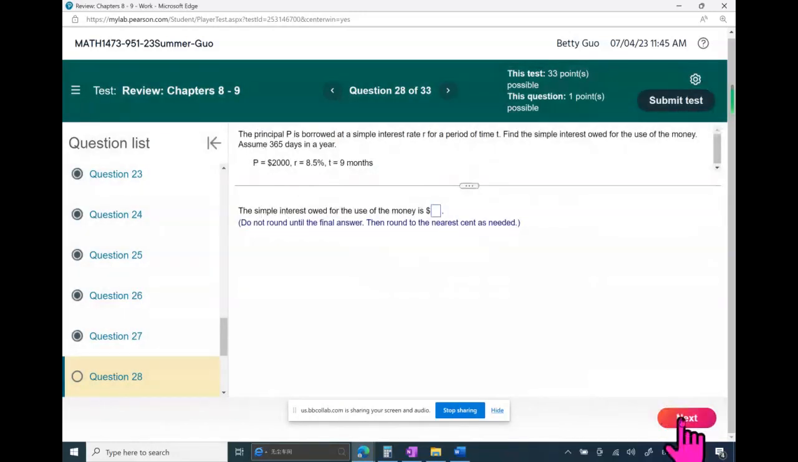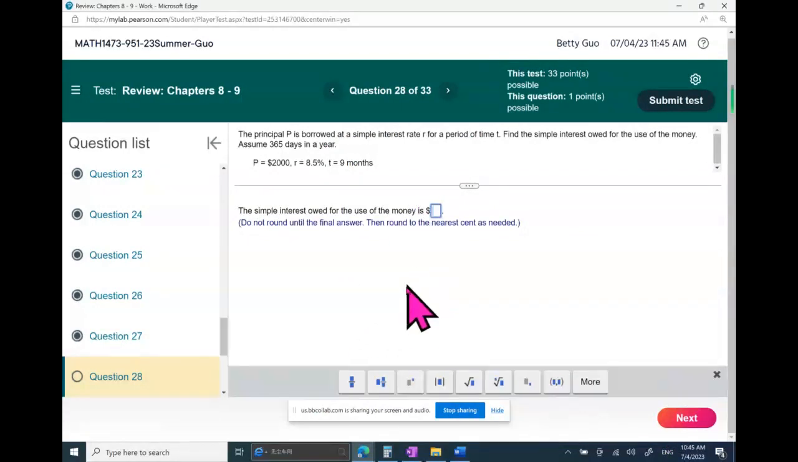Next, this is about simple interest. All right, very good. Simple interest formula: I equals P times R times T. T must be in years. Okay, so do not multiply by 9. So we are going to multiply 2,000 by 8.5%, as a decimal is 0.085,